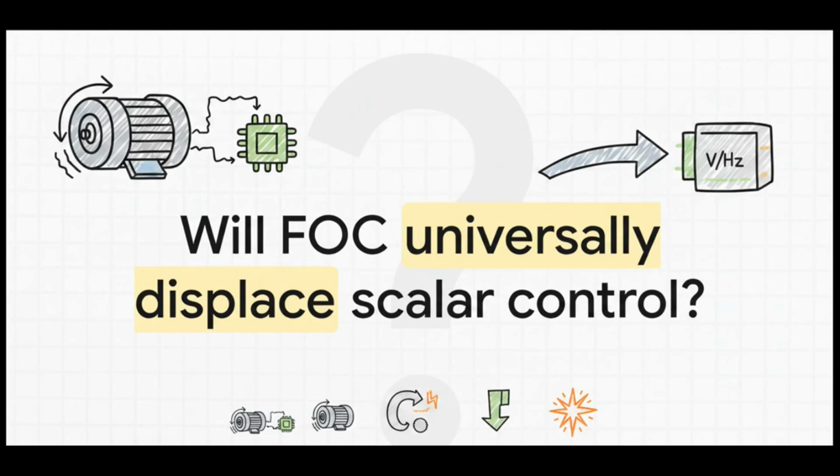Pulling off field-oriented control requires some serious processing muscle. But today, powerful digital signal processors, or DSPs, cost practically pennies. We literally have the computing power to crunch this complex math instantly and cheaply. So, as FOC continues to dramatically shrink motor sizes, slash power consumption, and boost performance, we have to ask, with the rising computational power of DSP microprocessors, will FOC universally displace traditional scalar V/F control everywhere? It certainly seems like the era of field-oriented control has well and